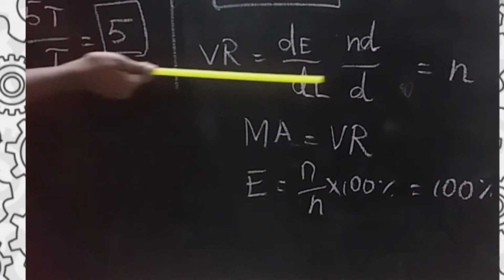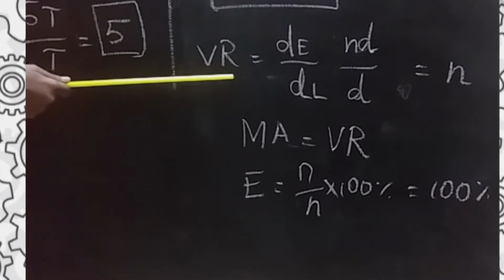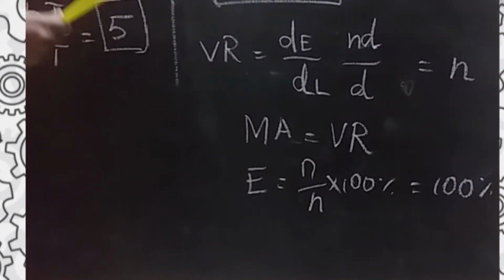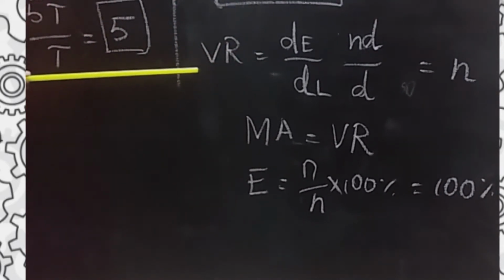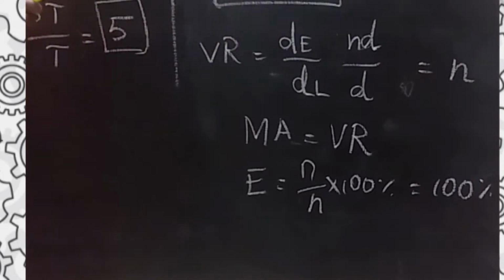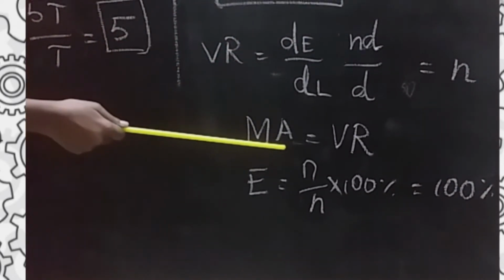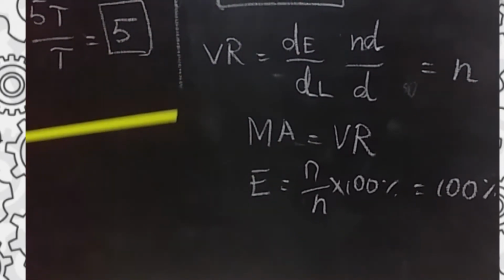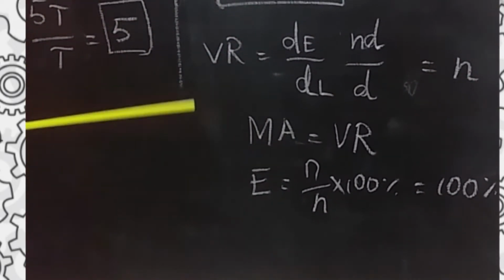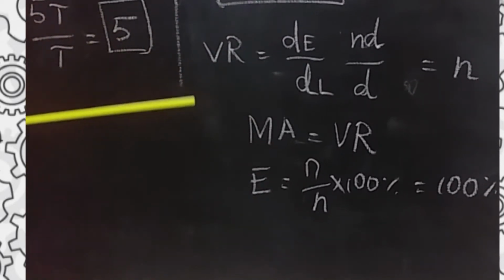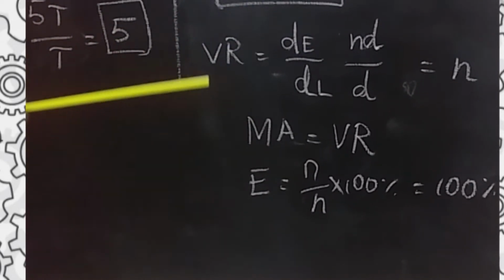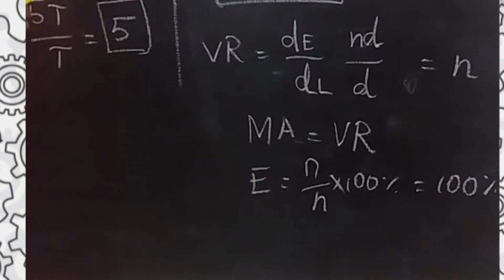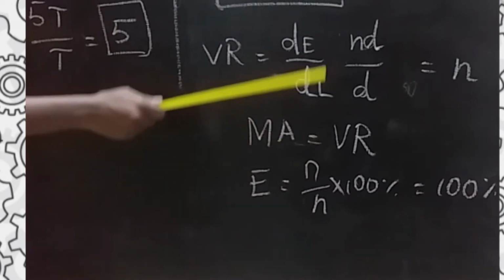So what would be the velocity ratio of a block and tackle for 5 pulleys? Velocity ratio is 5. For the block and tackle for 4 pulleys, the velocity ratio will be 4. In simple terms, the mechanical advantage and the velocity ratio will always be equal. This is another way in which you can remember it easily. For 5 pulleys, the mechanical advantage was 5 and the velocity ratio will also be 5. For 4 pulleys, the mechanical advantage was 4, the velocity ratio will also be 4.